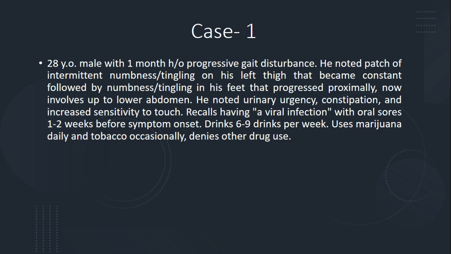On examination, ankle reflexes were diminished, which goes with the large fiber involvement. Same for the vibration sense, with large fiber involvement, and patchy pinprick sensory changes, which go more with the small fiber involvement. But very importantly, he had truncal ataxia with inability to stand without support and a wide-based gait. He was so bad that it was really hard for him to even stand. So this was my first case. As you think about it, I'll talk about my second case.